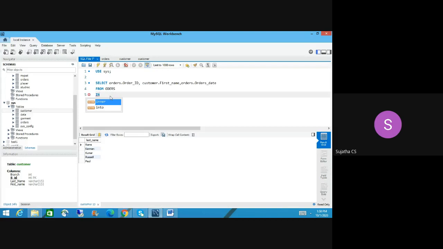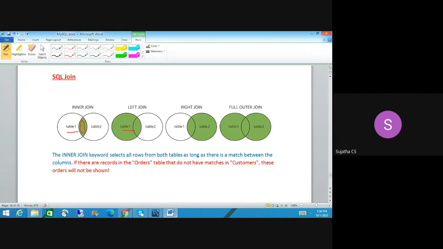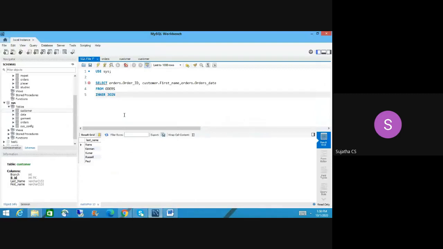Let's move on to inner join, then inner join with the customer table. So why are we using from orders? We are taking the orders table and then the customer table, and I am using only the inner join part. So let's write customer, customer, on, this is the keyword. In inner join, on, we have to write it in the proper way, orders dot,